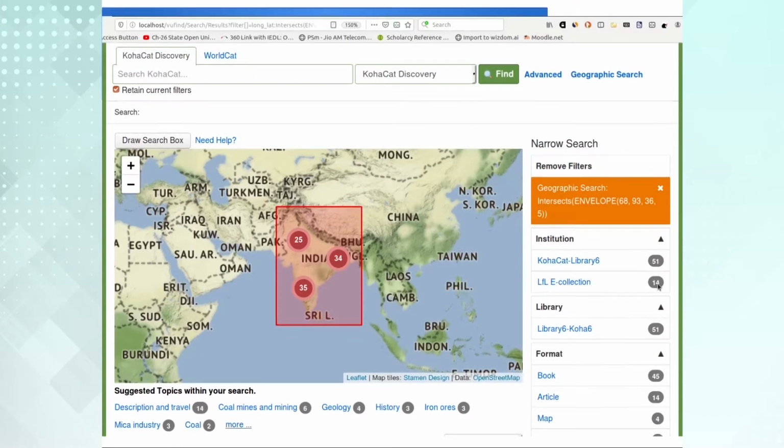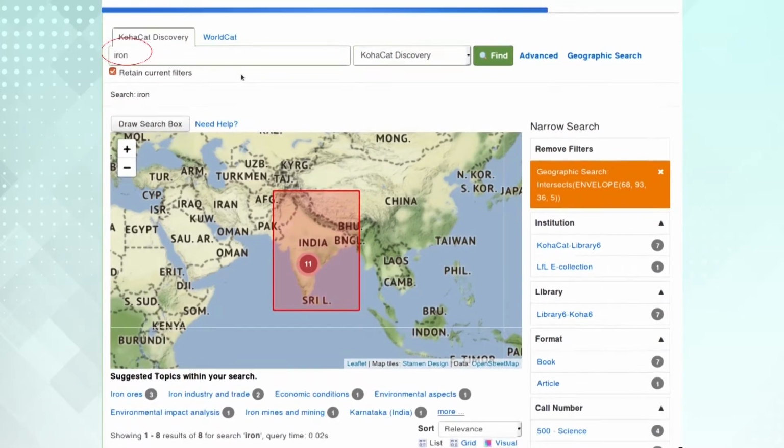DSpace provided 14 documents and Koha provided 51 documents. Here these documents deal with MARC 21 encoded data 034, and DSpace provides data in DC encoded format, that is the data inside the DC.coverage. Now, after calling this geographic search, if I search by iron, you see magically